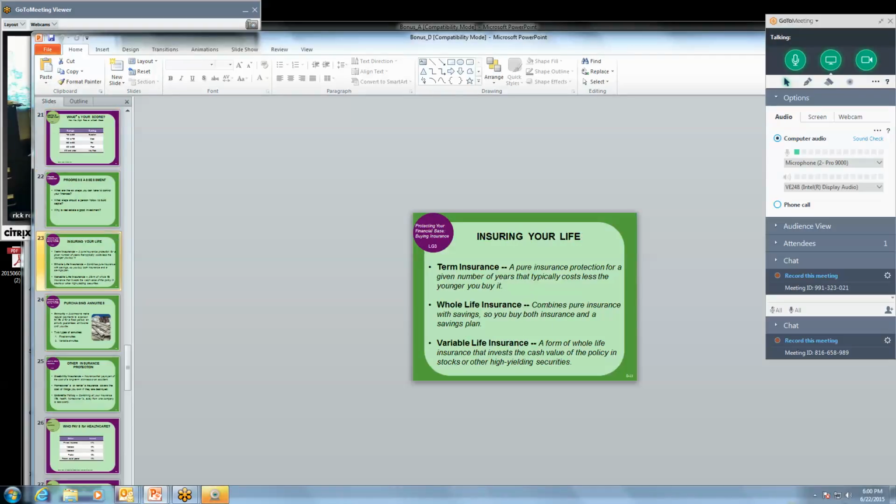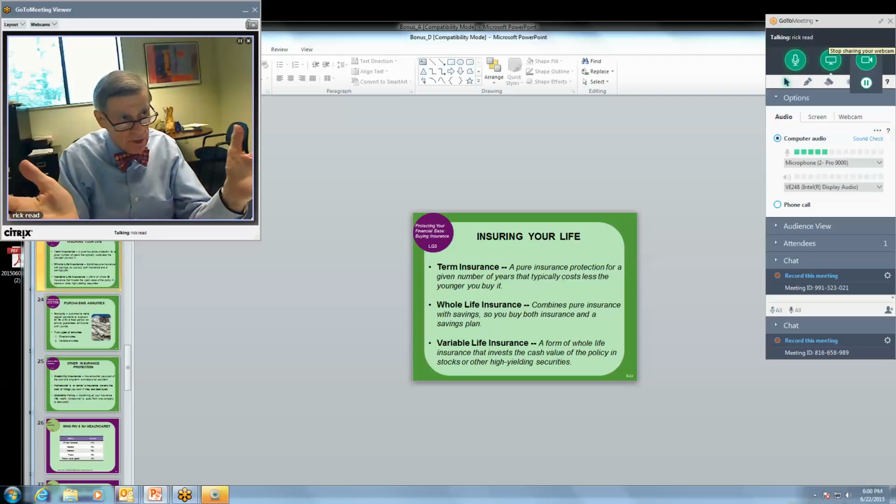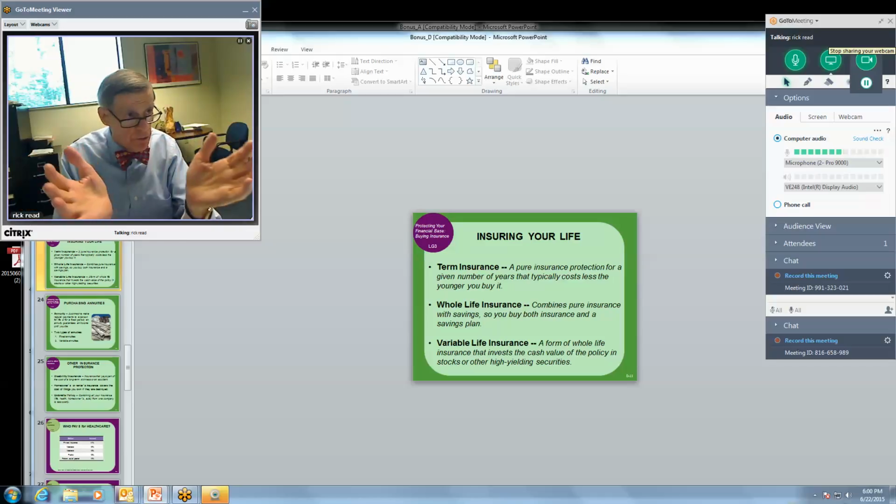Insuring your life. Now there's a couple of ways to do this. Probably the best for a young family is to buy term insurance. And insurance companies would not like to hear me say that, but that's probably a good idea. You can get a lot of insurance for a very little amount of money. And that covers you, say, before you get to your peak earning years, or till your children are out of the house. And then you can think about something else, and maybe you don't need to think about anything else.